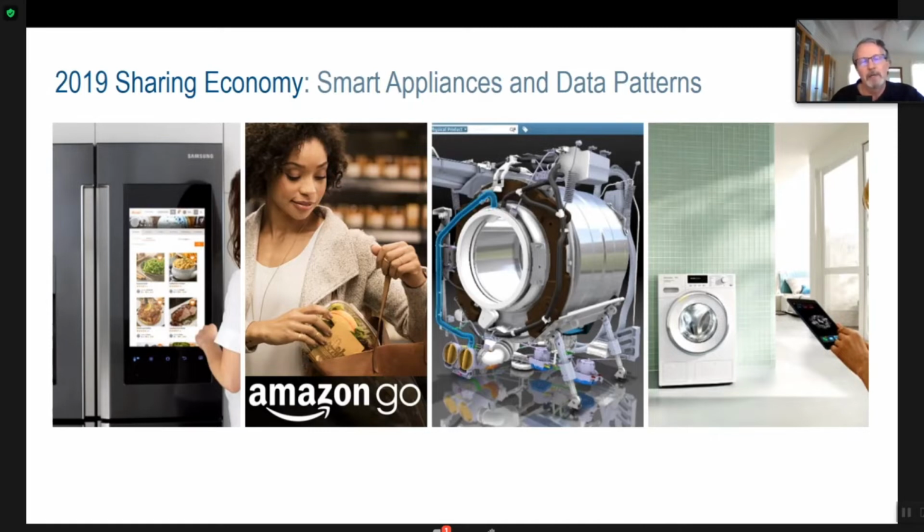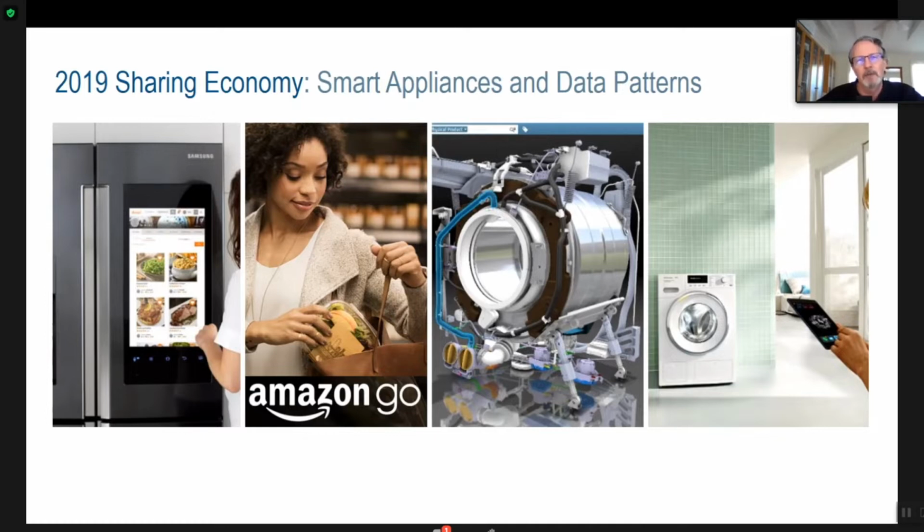And now you open your app and you say, I think I'm ready to check out. And it says, oh, if you're going to make that particular recipe, this is what you need and this is what shelf it's on. And then you say, oh, wait a minute, do I have enough milk? And you turn the camera on in your refrigerator remotely and you can see you actually need to buy some milk. So this kind of relationship between an appliance at home, your mobile device, and a new type of shopping experience is really changing what we would create for a retail physical asset in the world.